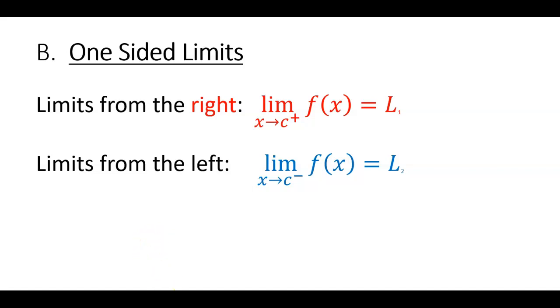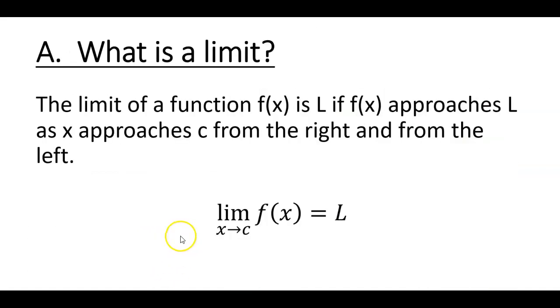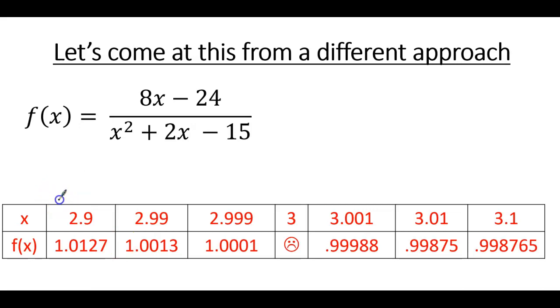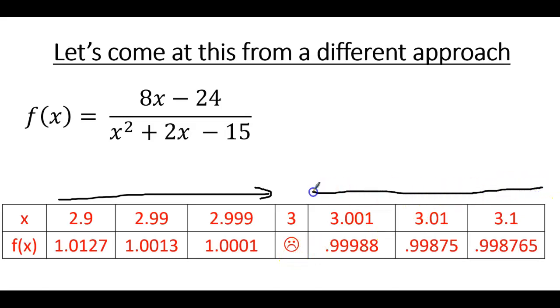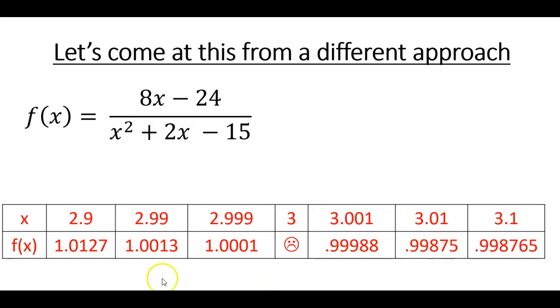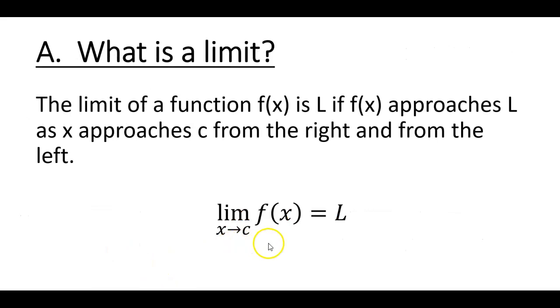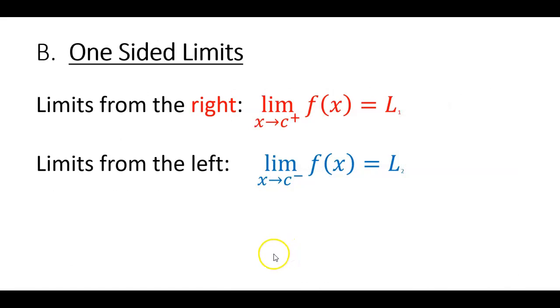All right. Now, as you guys saw from our table here, we approached 3 from numbers that are less than 3, so that would be from the left, and we also approached 3 from numbers that are greater than 3, and that would be approaching from the right. So now a limit is approaching from the left and the right all at once, but you could have one-sided limits. In that case, if I write a little plus right here, that means I'm approaching